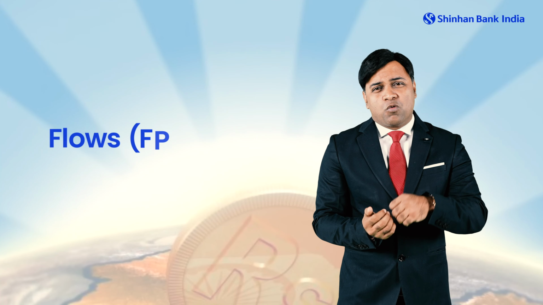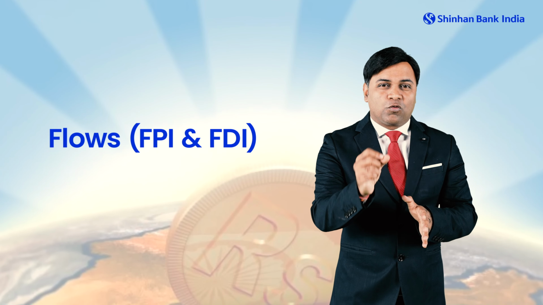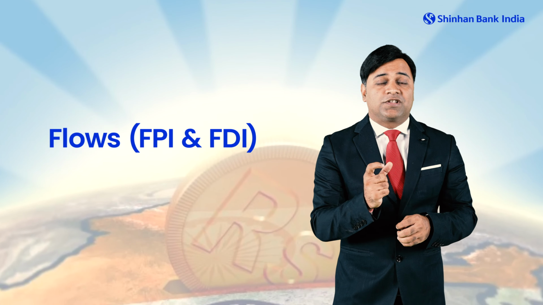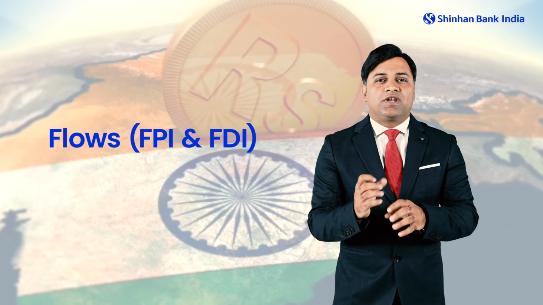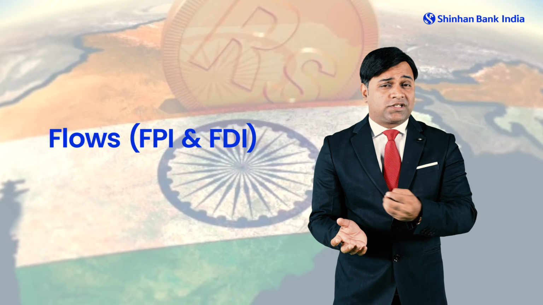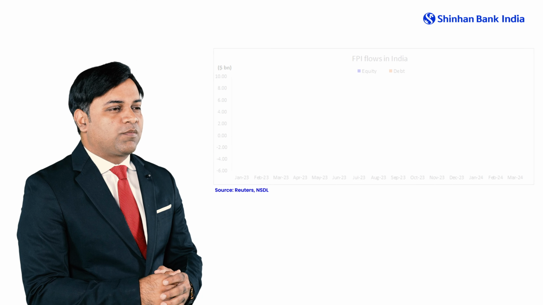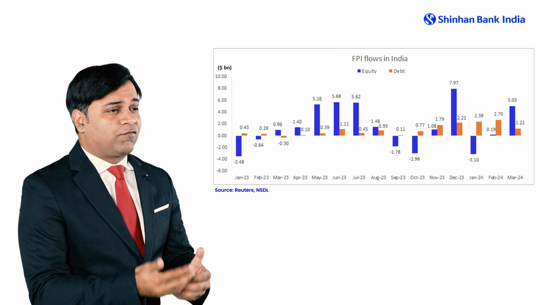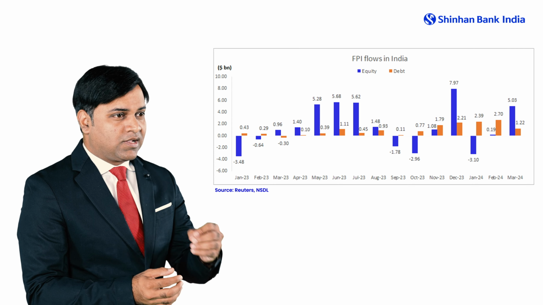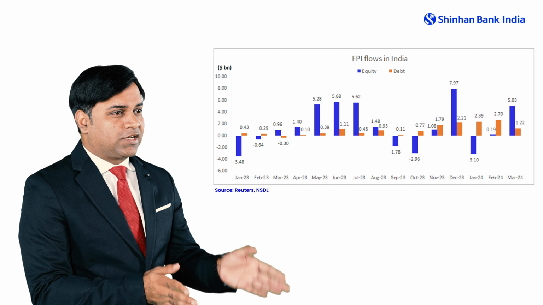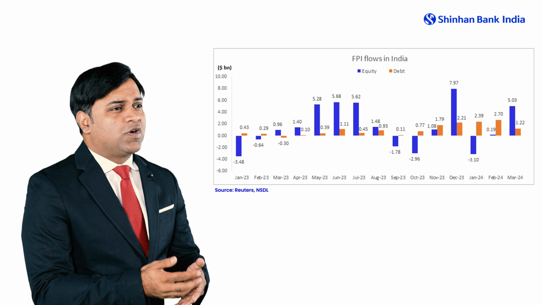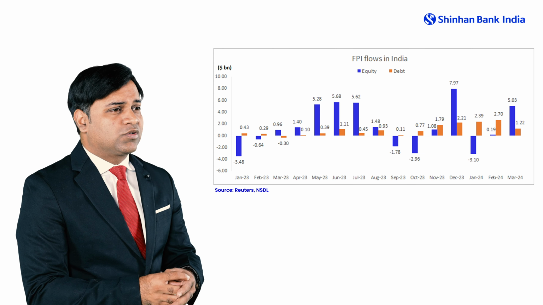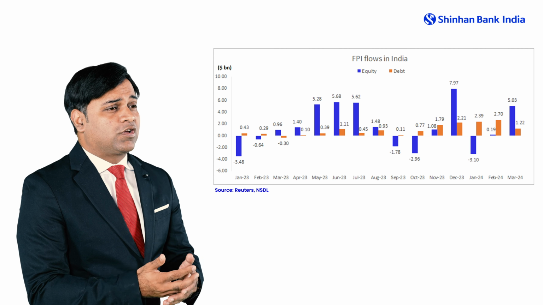Now let's move more towards the dollar rupee pair, because flows are something very important to consider. The FPI and FDI flows are the two important flows. One is sticky, hot money, and one is long-term sustainable money, which is the FDI number. So first, talking about the FPI number, in 2023 we saw the highest ever inflows of 1.71 lakh crores. This year for 2024, from January till March, we have seen equity inflows of around 16,000 crores and debt inflows of around 53,000 crores.